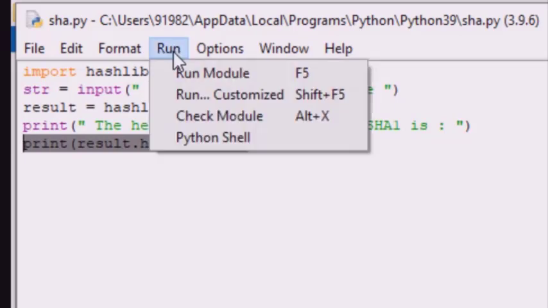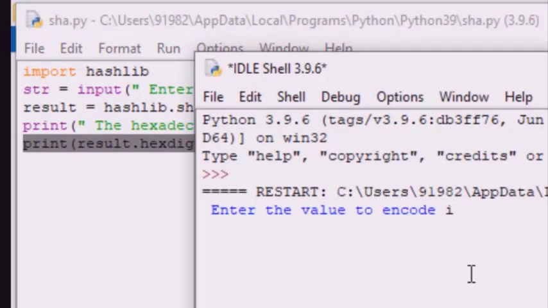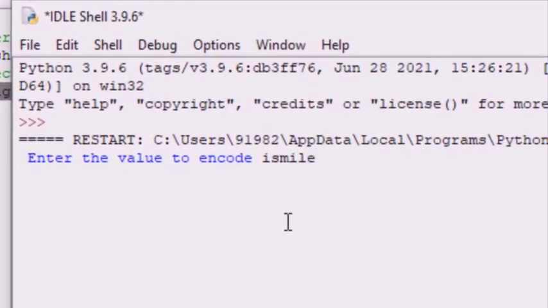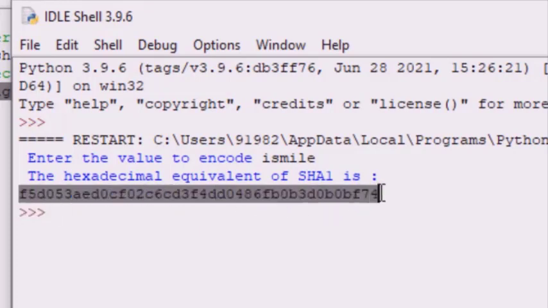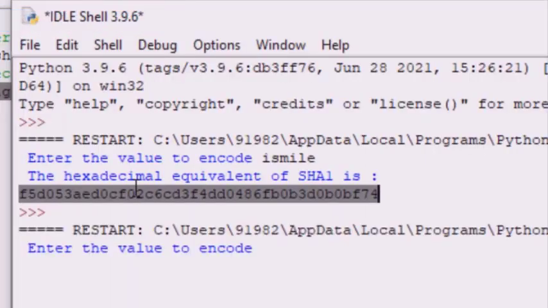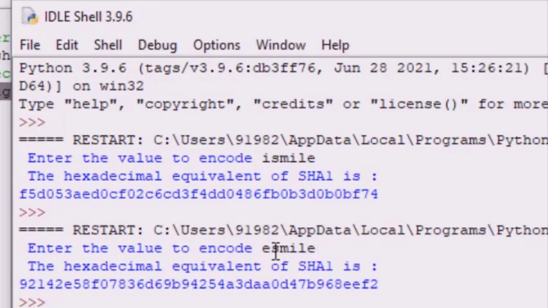So when I run this particular code, as you can see over here, I will enter the string as "I smile", and the equivalent hexadecimal code can be seen over here. Now see, students, if I run this module again and enter some other value, suppose instead of "I smile", I enter "E smile", can you see the change in the hexadecimal equivalent?